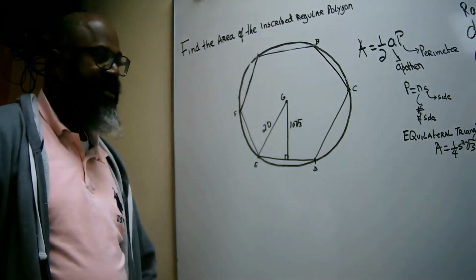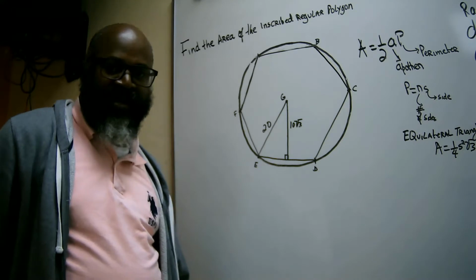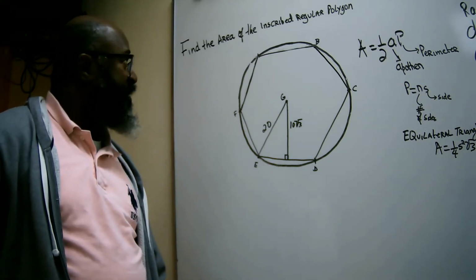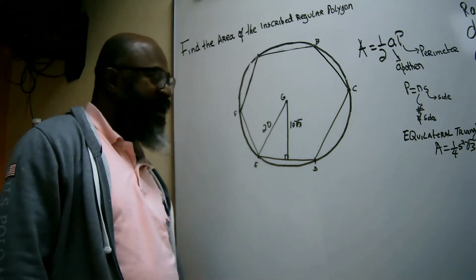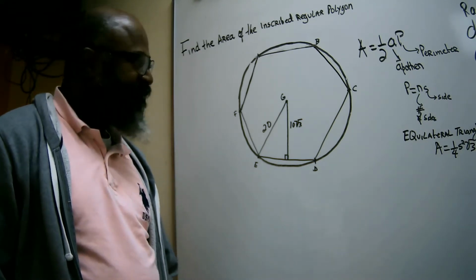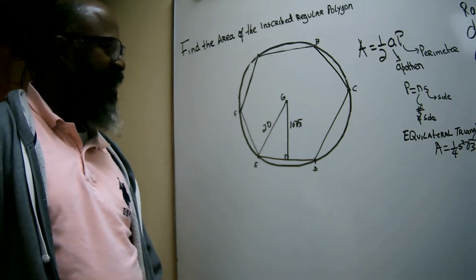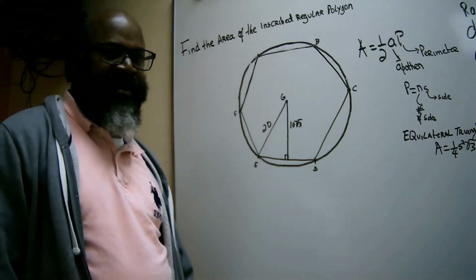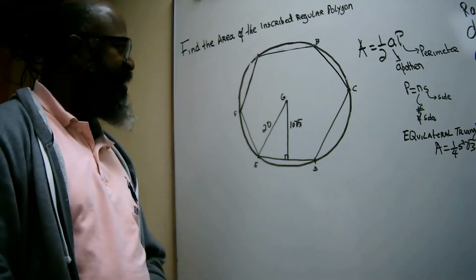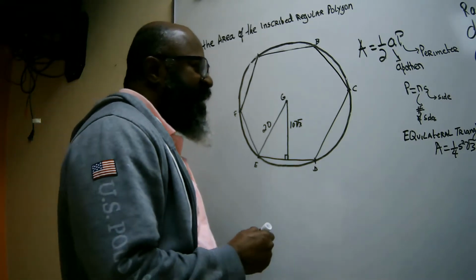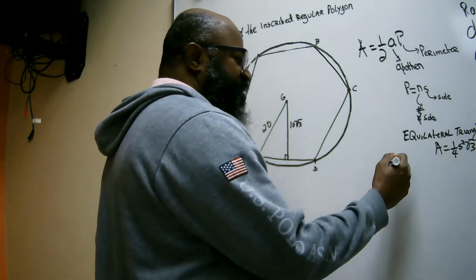Good morning, Mr. Tarrou here. In this video we cover a topic that is very popular in geometry: how to find the area of a regular polygon. Now, what you have to recall is that a regular polygon is a polygon that is equilateral and equiangular, meaning that if it's regular, it must be equilateral,